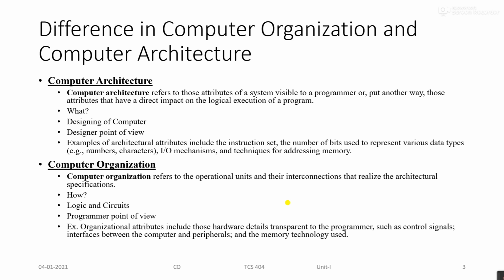there is a definition. Computer organization refers to the operational units and their interconnections that realize the architectural specifications. So we know the specification of a computer system, and when we know the specification of a computer system, then we know how we can work on this particular computing system. For example,